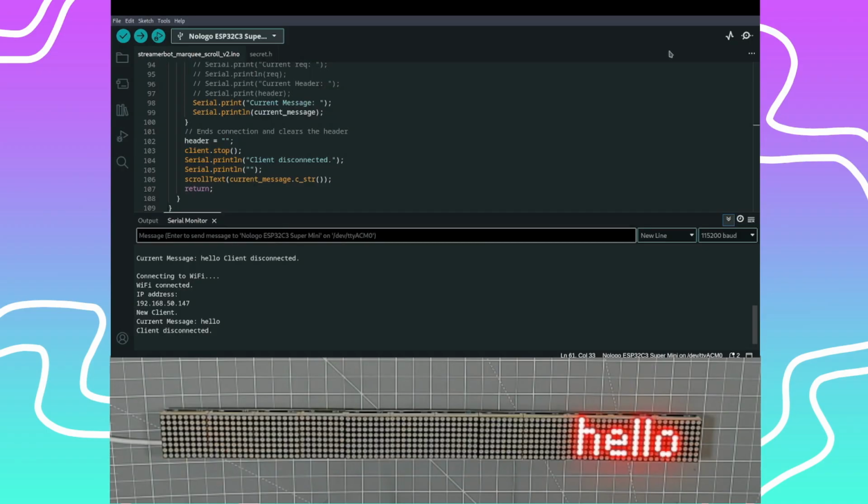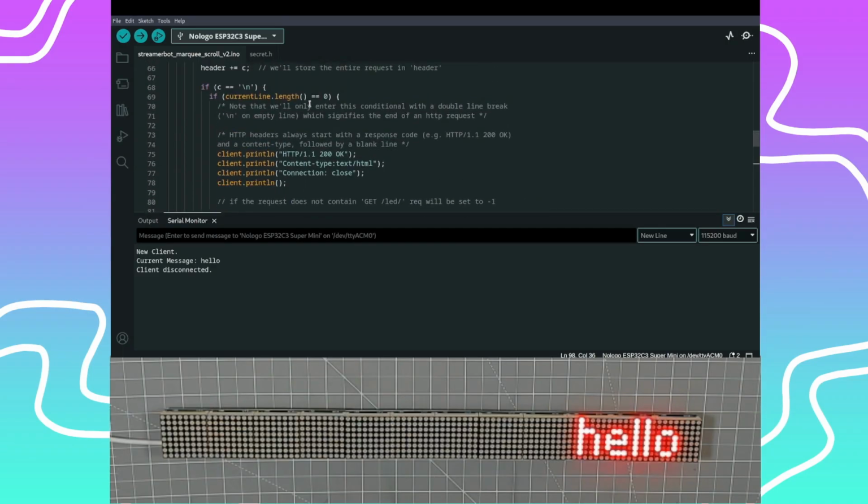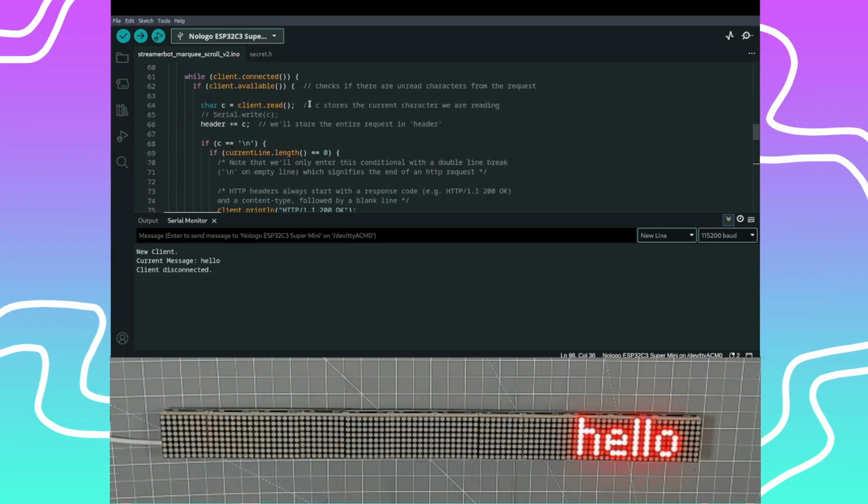Let's clear everything. Fresh request here. All right, new client. So it's stuck. All right, so it gets stuck in the current message, so it doesn't ever get to this part. Okay, so we just need to see where it's getting stopped. So let's do,